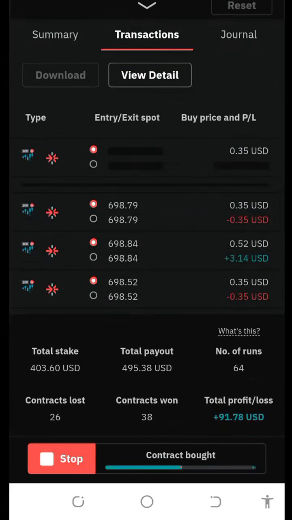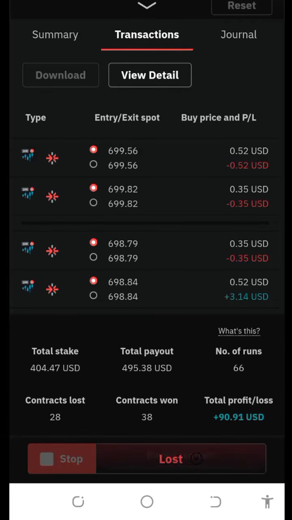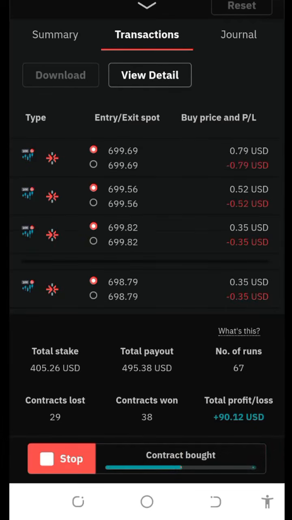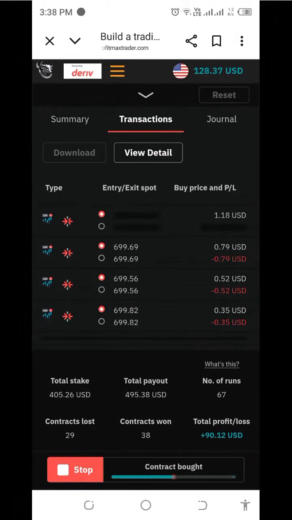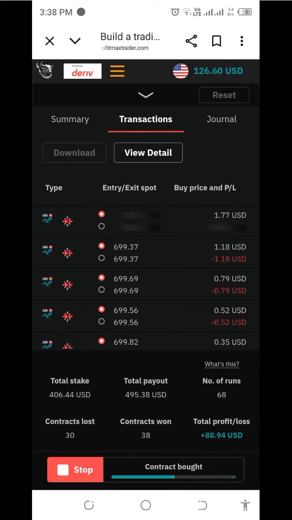Then we run our bot. You can see how the martingales go. I hope this one extends a little bit. Okay, second loss, third loss. Now just keep observing. You can see our capital at 128. So far we've martingaled and still doing $1, almost $2. So keep observing. Now we're at $2.66,